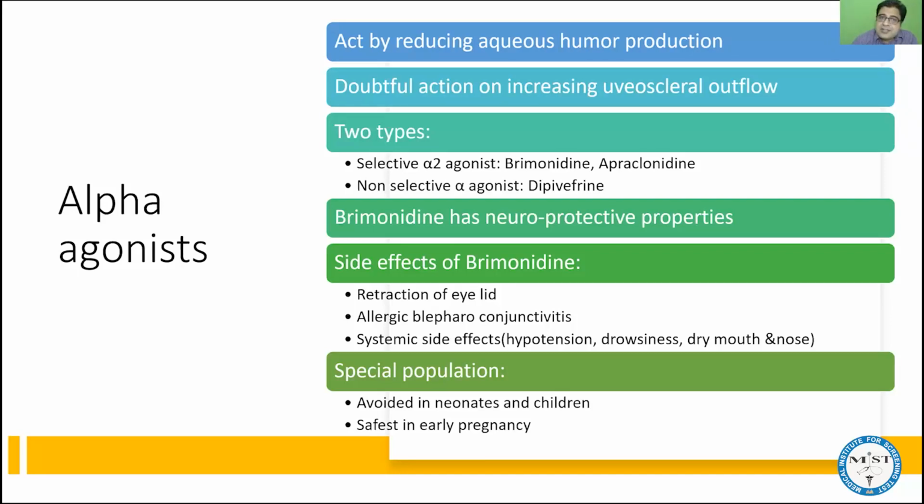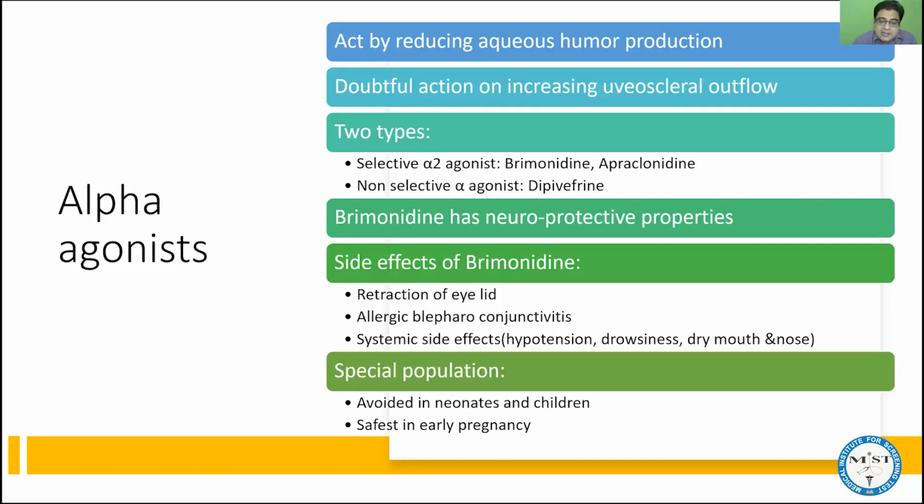Now, there are a few studies which also suggest that alpha 2 agonist medicines can also increase uveoscleral outflow. But this is still doubtful. The studies are there, but it is not confirmed whether the medicines act by this mechanism or not. But please remember, alpha agonist is the only group of anti-glaucoma drugs where two mechanisms are defined. This group of medicines can reduce aqueous humor synthesis, as well as increase uveoscleral drainage. So both mechanisms can be there with alpha agonists.